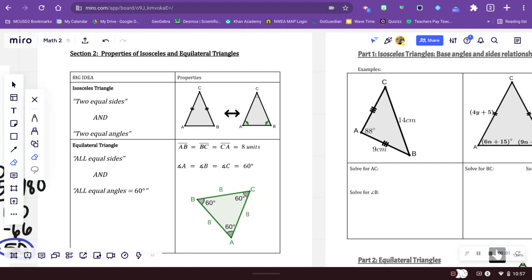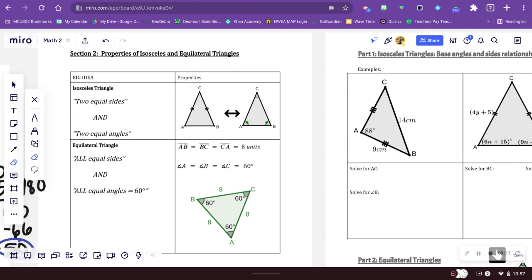Hi guys, it's Mrs. Decker, and it is almost 11 o'clock at night on Tuesday, and so I'm going to record a video for you guys on isosceles and equilateral triangles since I'm not able to be there with you